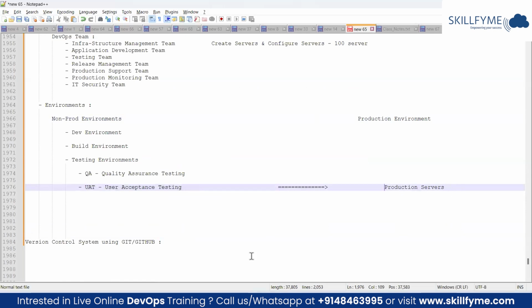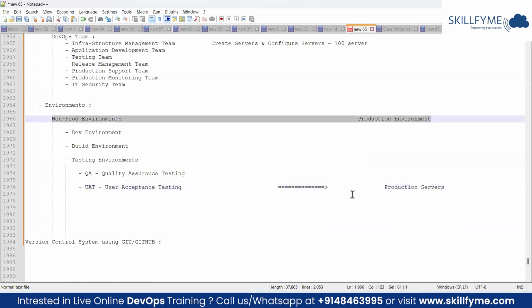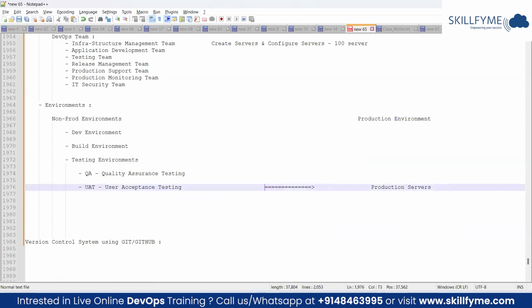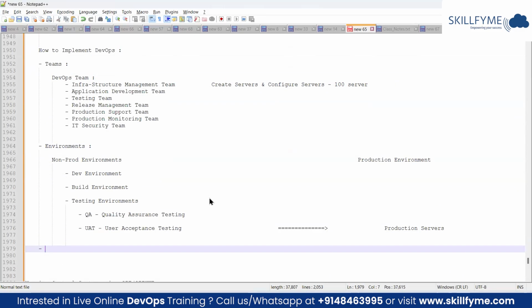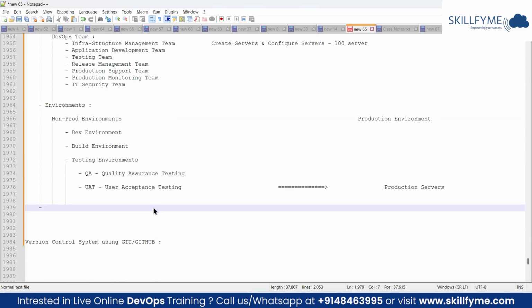This is a workflow, and it depends on the organization. Sometimes we have a pre-prod or staging environment. It depends on the organization and the release strategy, and they can follow that. That's not an issue. As a DevOps team, we need to understand each of these, because the infra team is basically responsible for creating all these environments. So the next thing, after understanding the environments,